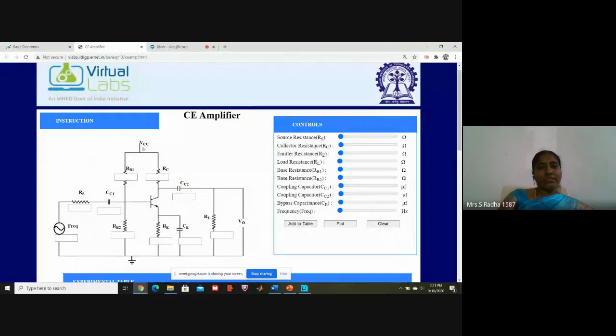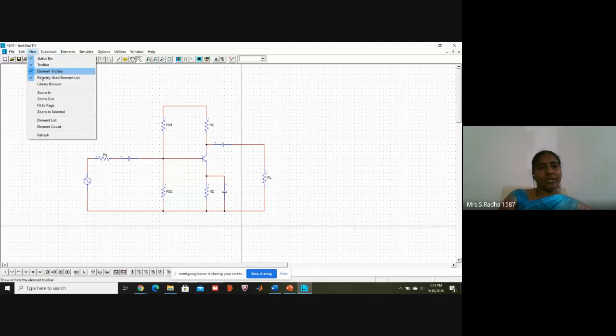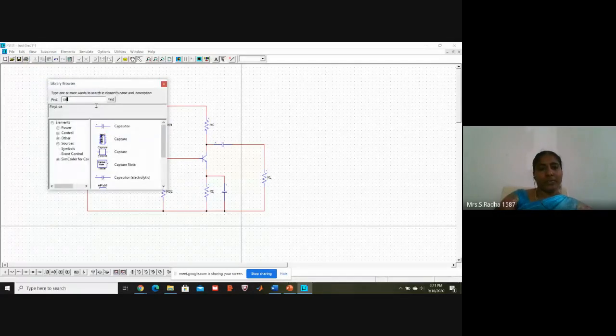Pending is VCC and ground connection. Then I want to see input and output. Okay, so what I will do here, ground is there, this bottom one is ground. Otherwise, go to view library browser and type ground. Ground, this is the first one. This we generally use, and this ground symbol is still there in the cursor.